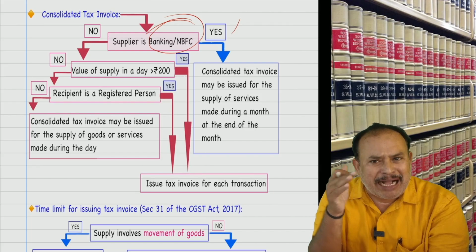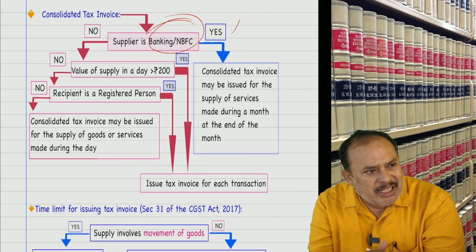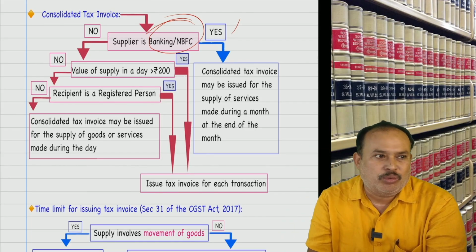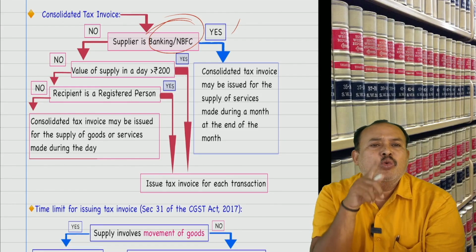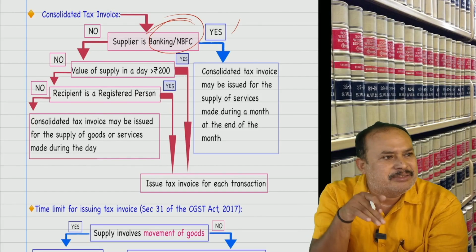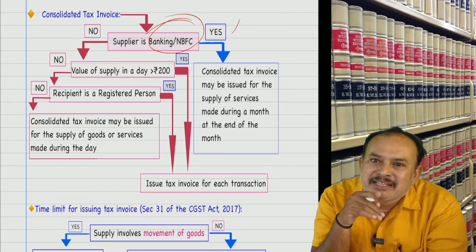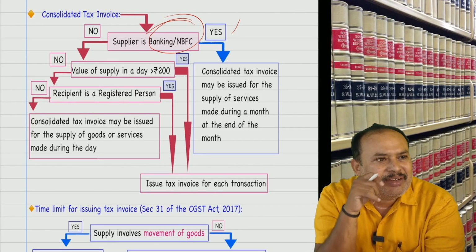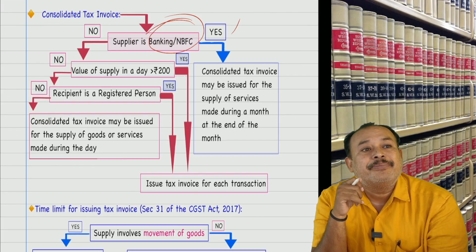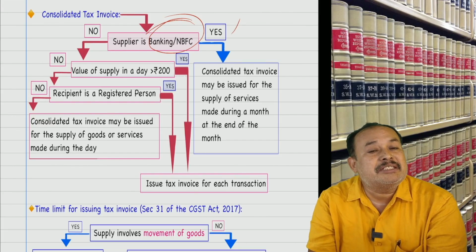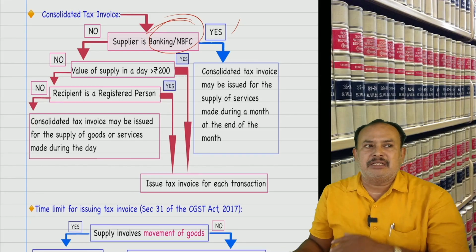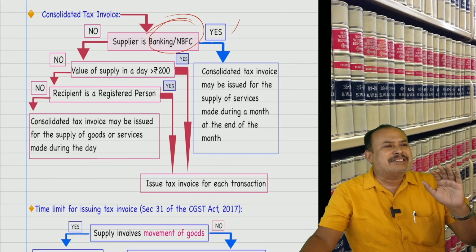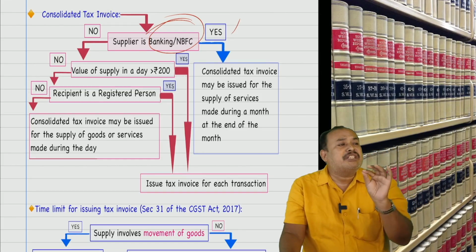Should the banker issue 250 invoices to you? Unfortunately, no. Hey banker, issue to Rafi one invoice for the entire month's transactions. Is clear? That means a consolidated invoice. For others, the law of the land says,